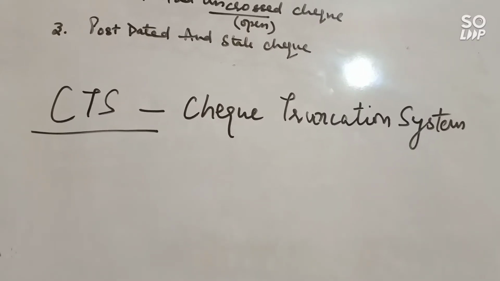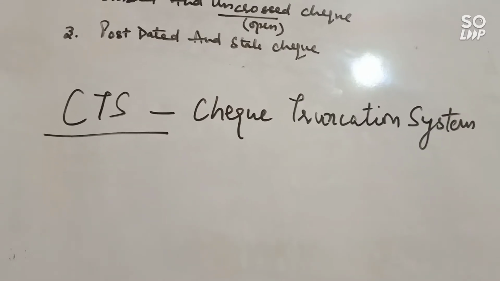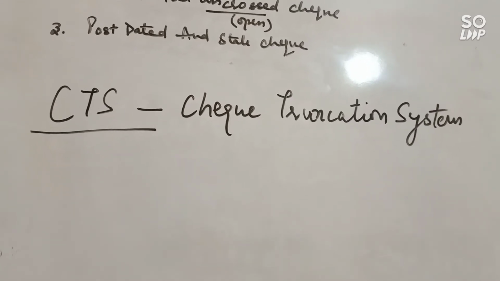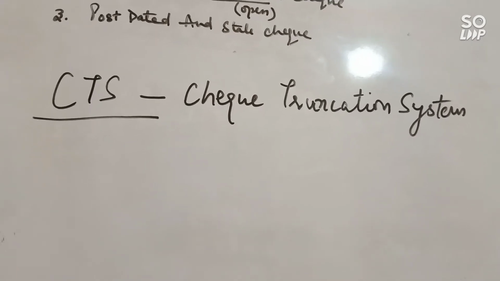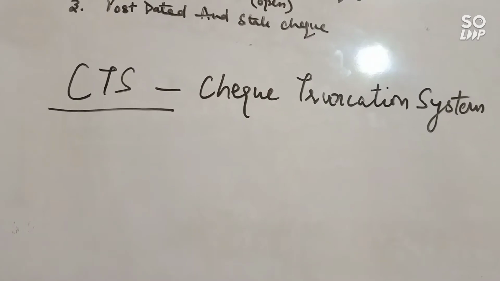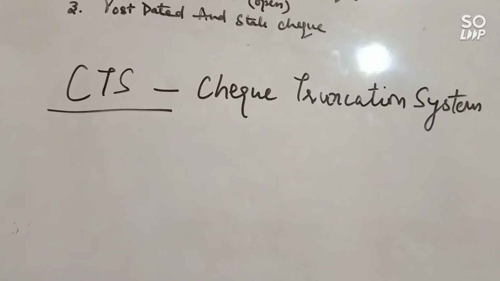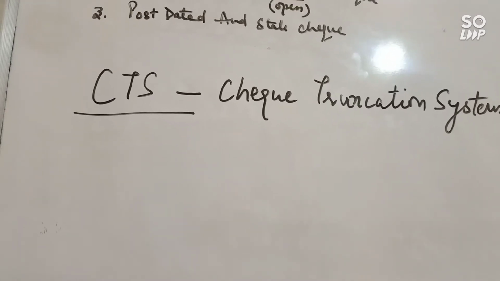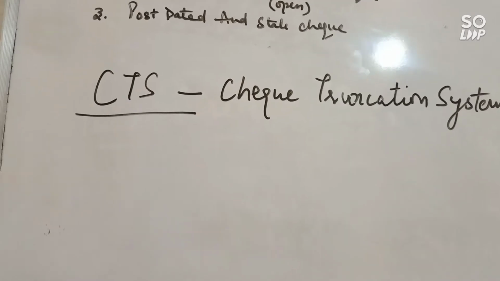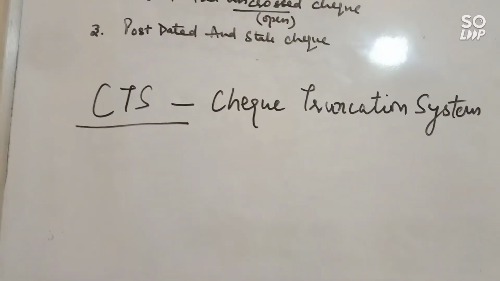Next topic is check in electronic form or truncated checks. Under this we have a topic CTS. You just need to learn the full form of this CTS, that is Check Truncation System, and the meaning of it. Earlier we were using printed checks, issuing and making payments through printed checks. But after CTS, which is very much in use, it is an online system transferring the payment from one bank to another bank. So let's see the meaning of CTS.